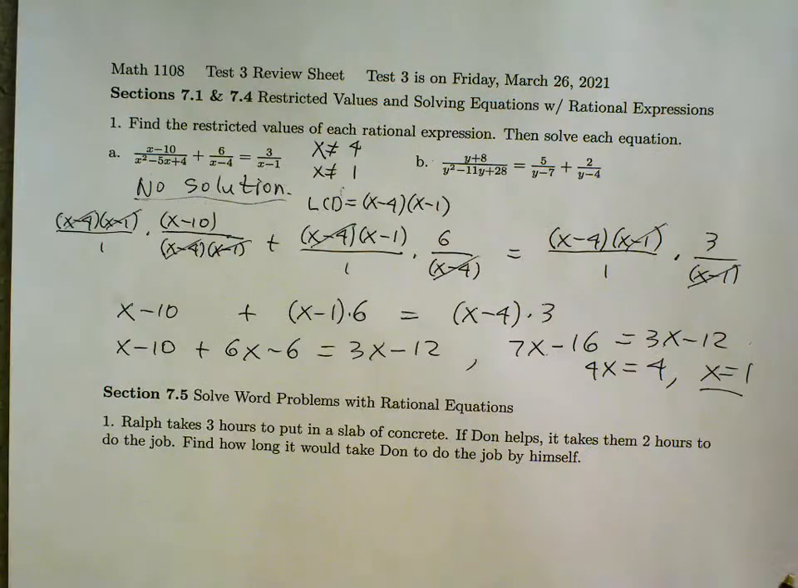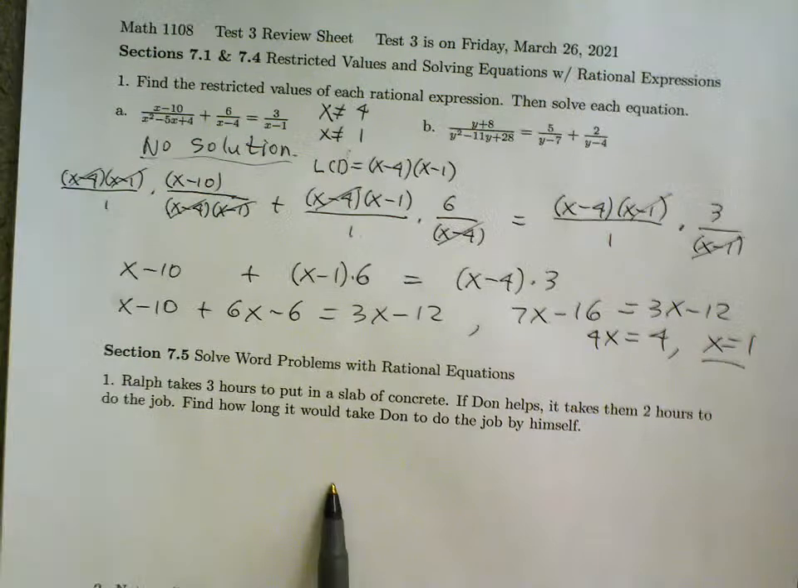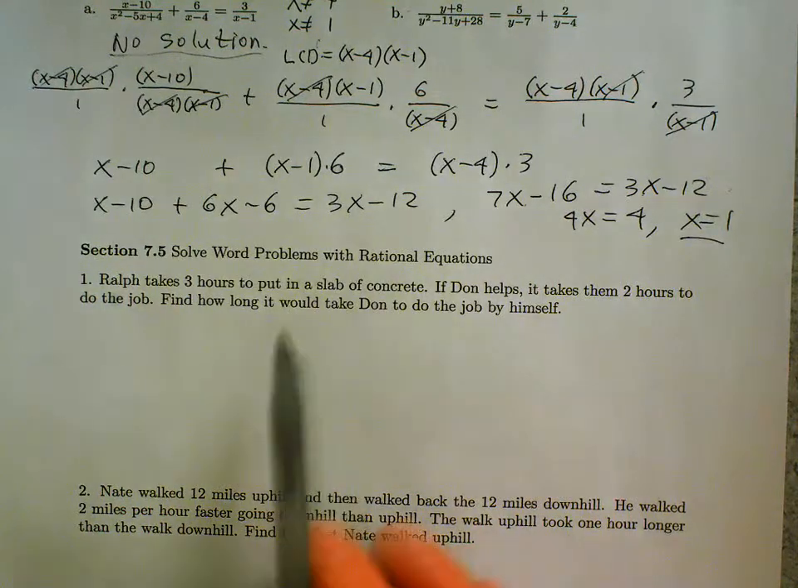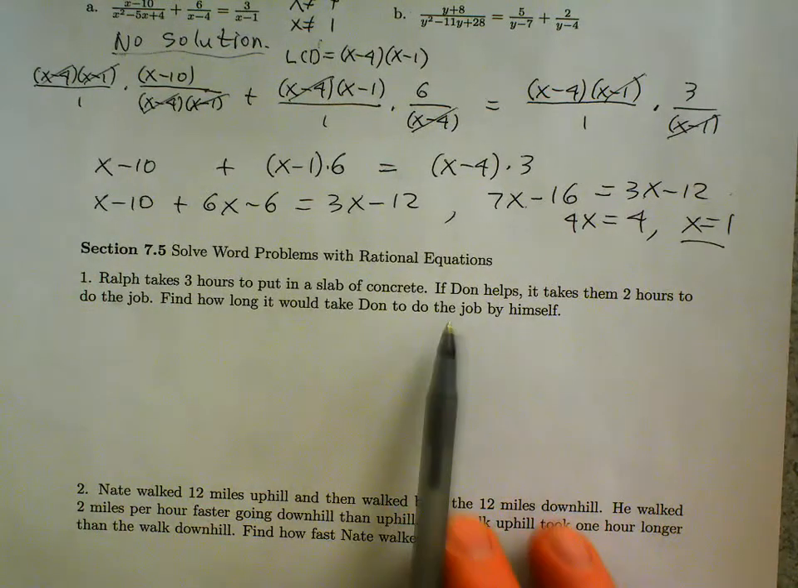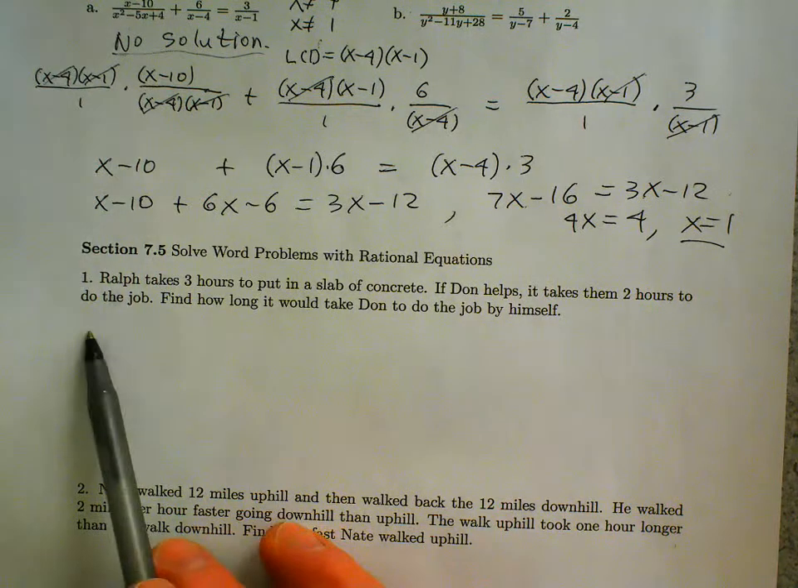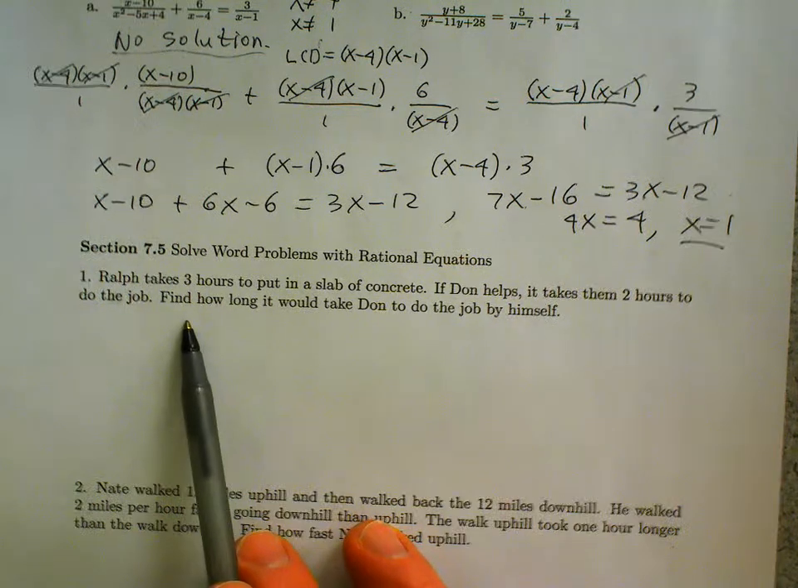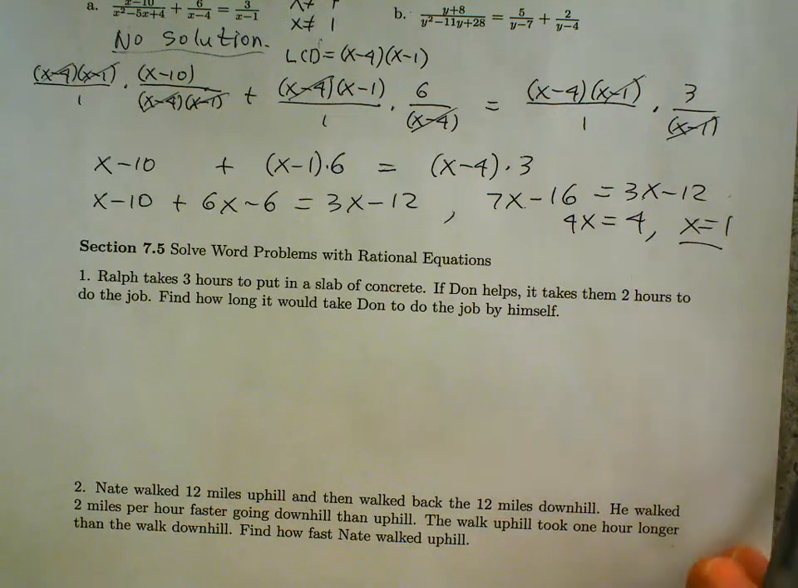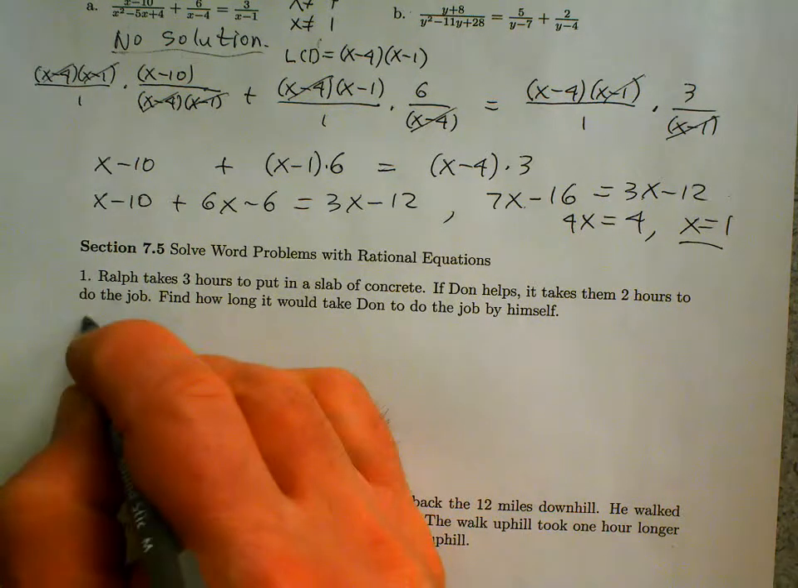Okay, let's work on the word problems. The first one, Ralph takes 3 hours to put in a slab of concrete. If Don helps, it takes them 2 hours to do the job when they work together. Find how long it would take Don to do the job by himself. Okay, so for Ralph,